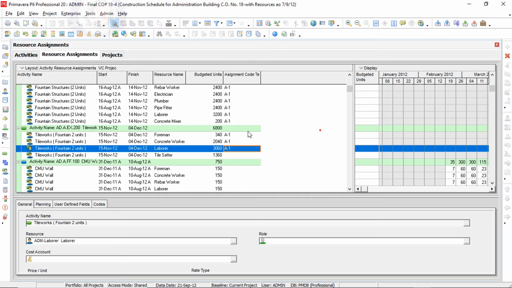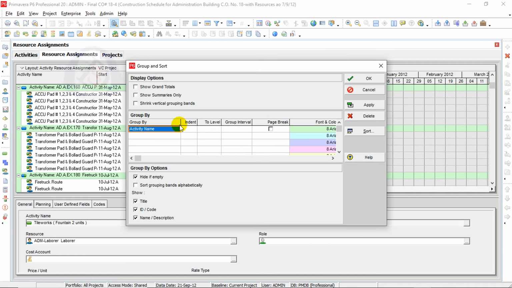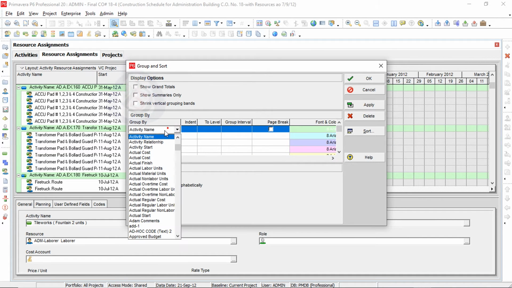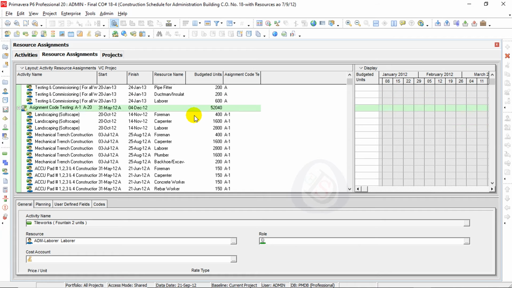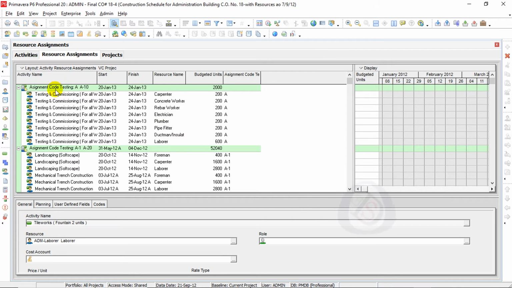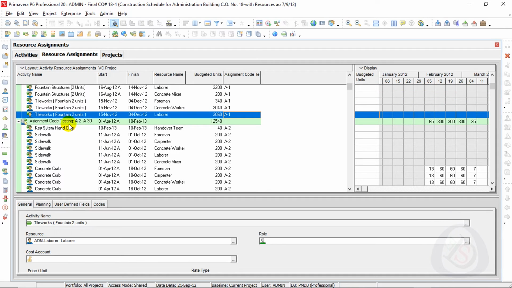You can also group and sort. Right click, group and sort, customize, and you can select assignment code, testing, apply, OK. You can see here assignment code testing A10, A20, and also assignment code A30 here,